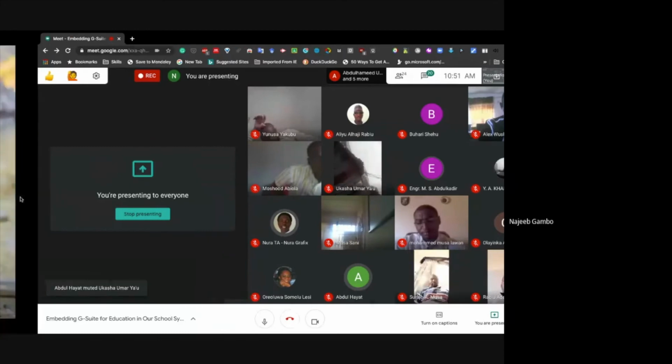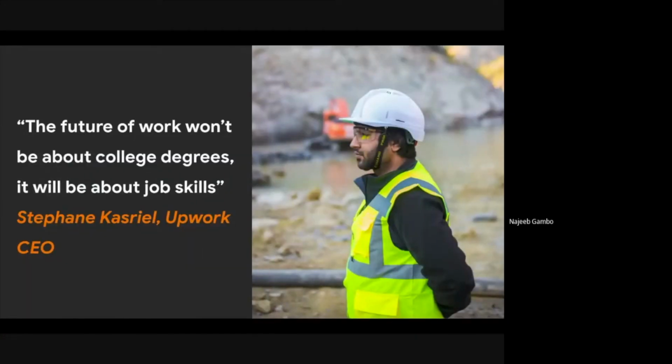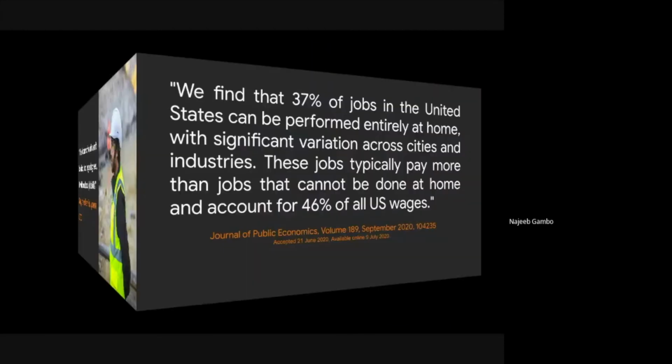Okay, thank you. So the future of work won't be about college degrees. It will be about job skills. And embedding G Suite for Education in our day-to-day teaching and learning will provide transferable soft skills to our students. Not only that,